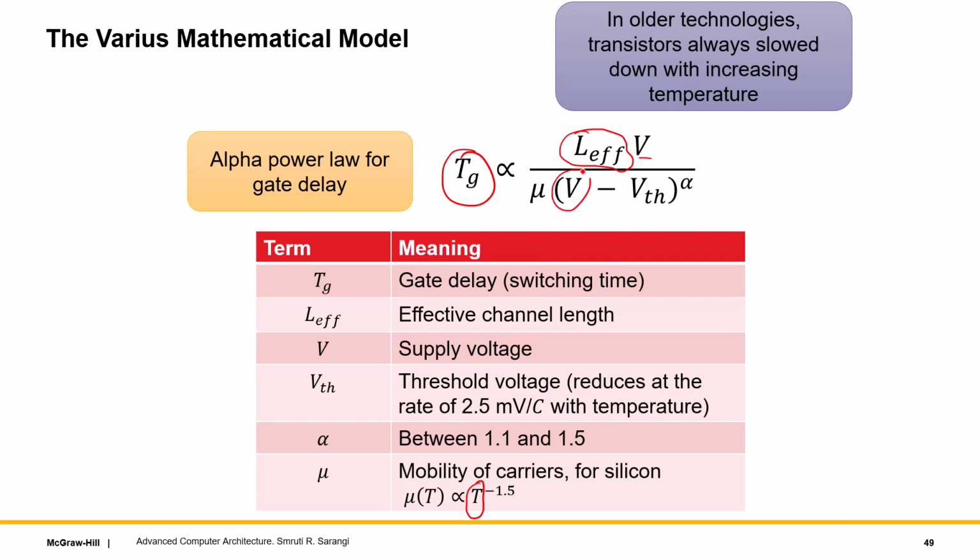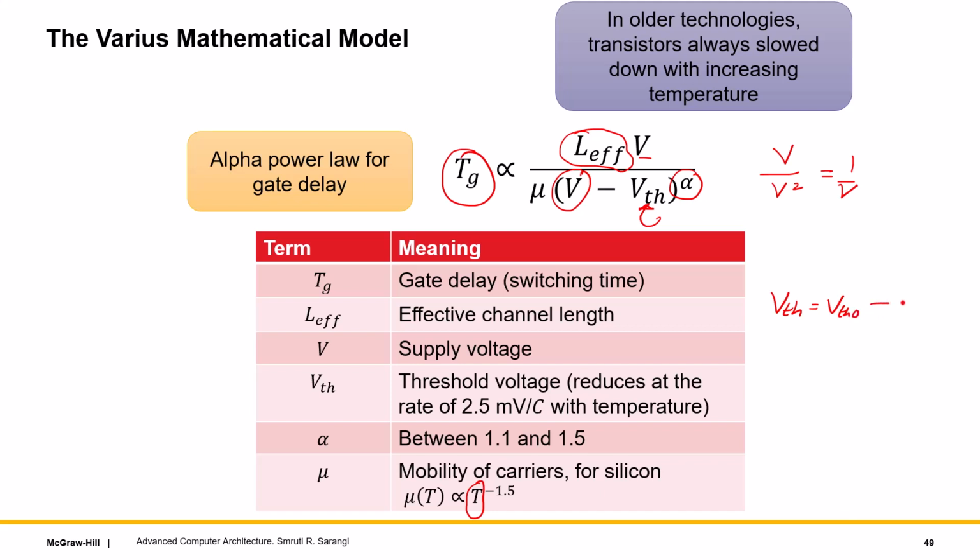So V is again the supply voltage, VTH the threshold voltage, and alpha is a constant, which is why this is called the alpha power law, because alpha pretty much tells you how this would behave. In older days, of course, VTH was far smaller than V and alpha was roughly 2. So this was basically roughly V by V square, which is 1 by V. So essentially it was inversely proportional to the supply voltage. That's not true now. Furthermore, the threshold voltage VTH can be modeled as VTH0